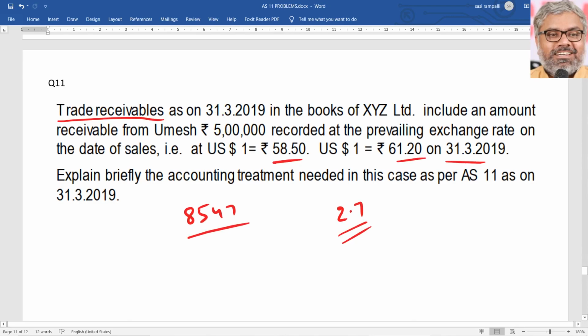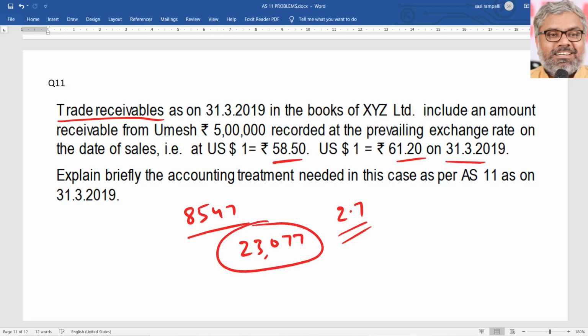But the amount of gain is same. 8547 into 2.7. What is the amount of gain? Approximately 23,077 rupees is going to be the gain that will be credited to the P&L account on 31st March 2019. That's it. So, what should be the accounting treatment is asking. Accounting treatment is that exchange difference, that is